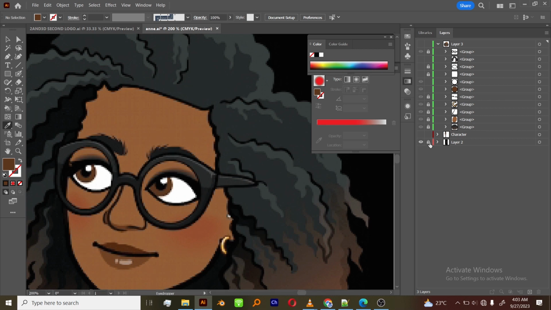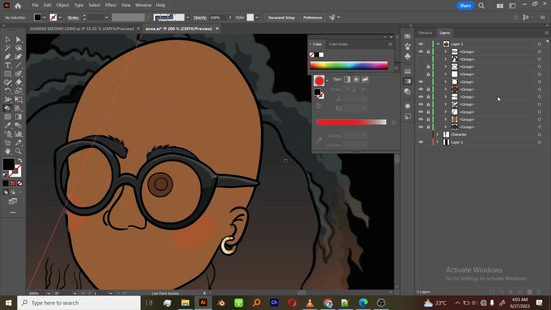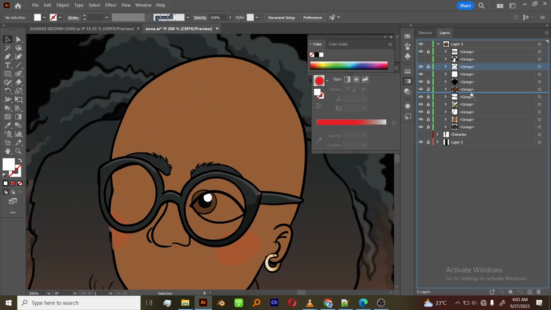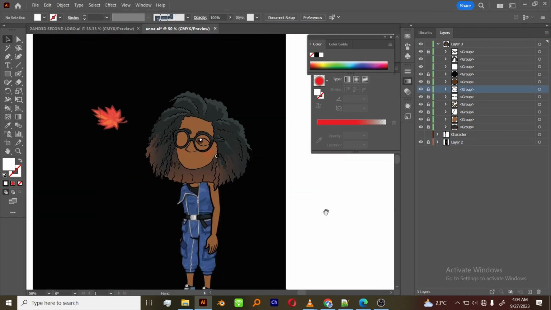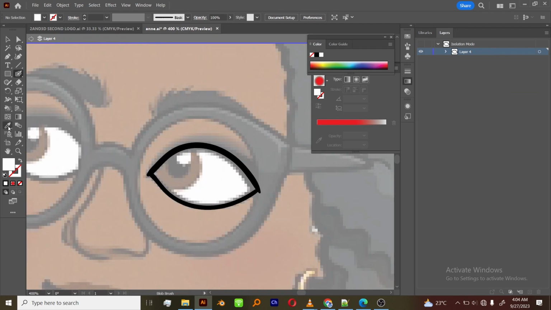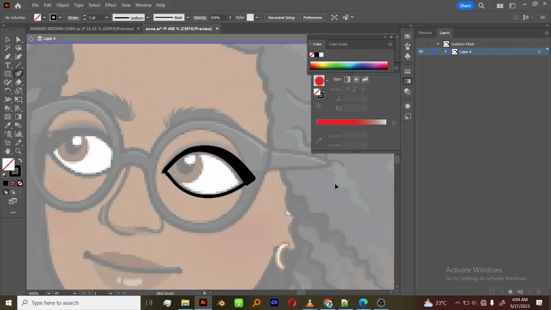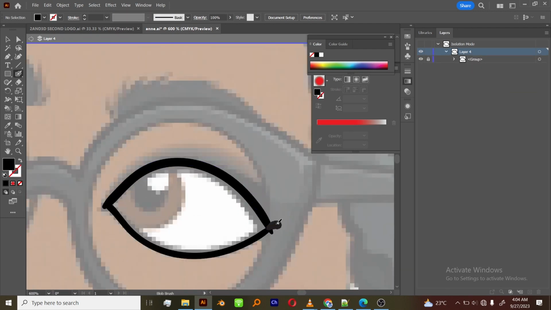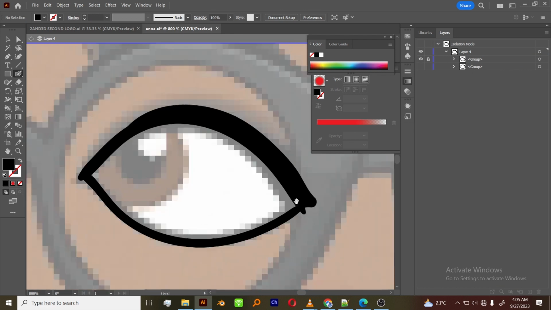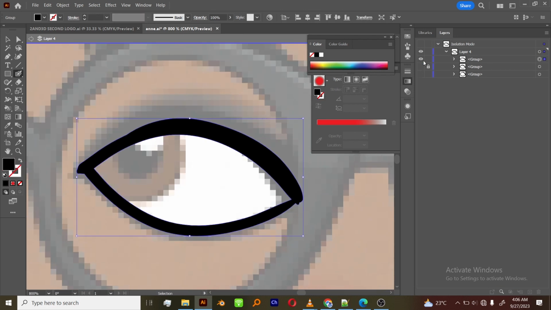Any part that will be moving, that you will be using a dragger or just any part that is loose, you have to draw them in a separate layer or a separate group. In my own case, the reason why I am using groups instead of layers, it's one thing you end up realizing is for the character,